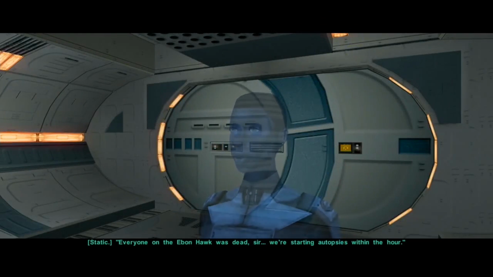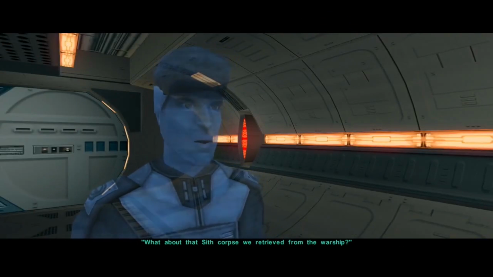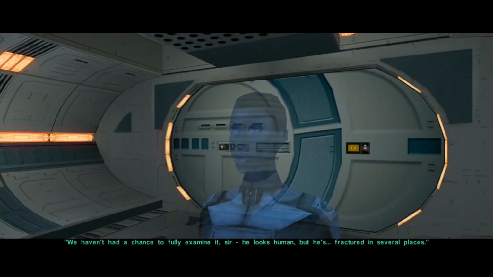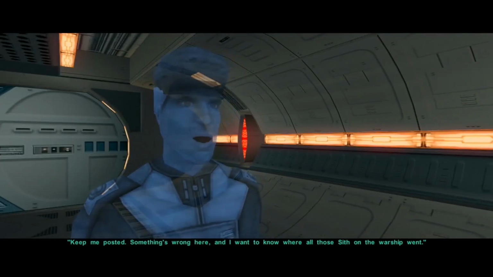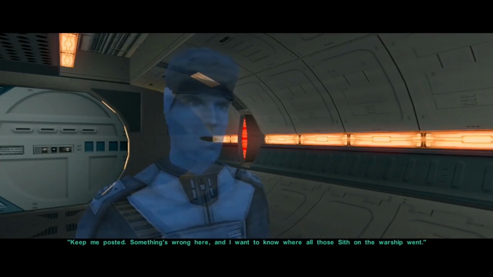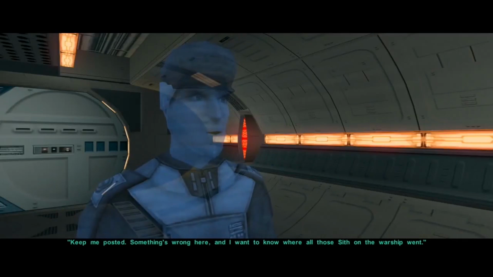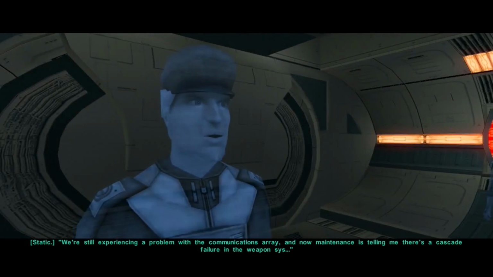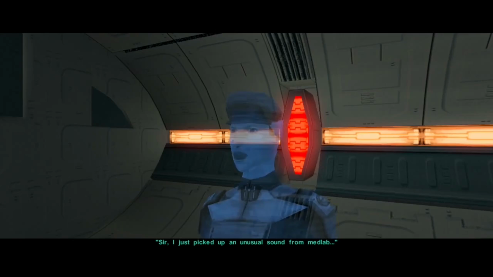Everyone on the Ebon Hawk was dead, sir. We're starting autopsies within the hour. Yeah. What about that Sith corpse we retrieved from the warship? Her eyes look I weird. haven't had a chance to fully examine Yeah, sir. a lot of them, He you can looks see their human, eyeballs. But he's fractured in several places. Ooh. And keep me posted. Something's wrong here, and I want to know where all those Sith on the warship went. What could it be? I just can't figure out. Everyone in the Ebon Oh, Hawk... we did this one, yeah. Fourth one, emergency report. There we go. We're still experiencing a problem with the communications array, and now maintenance is telling me there's a cascade failure in the weapons. Sir, I just